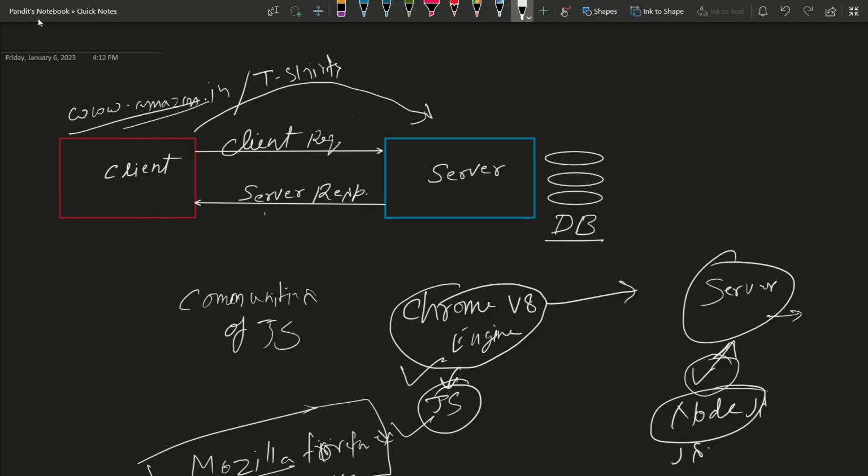If the request is matched, it will send the response back. So this is the basic structure of the client and the server. It is very easy. Are you guys able to understand?